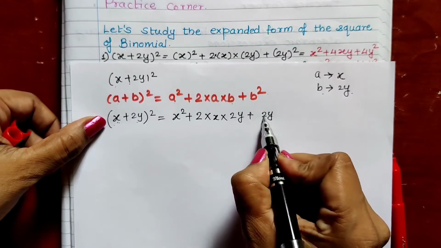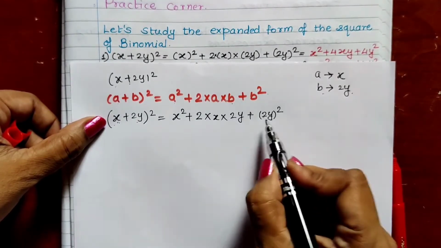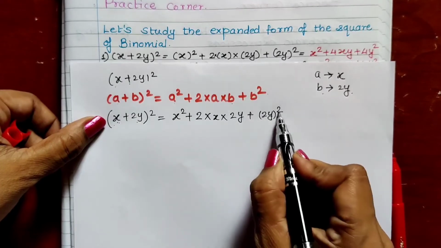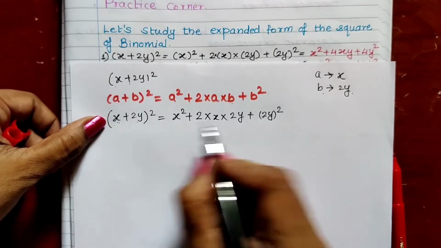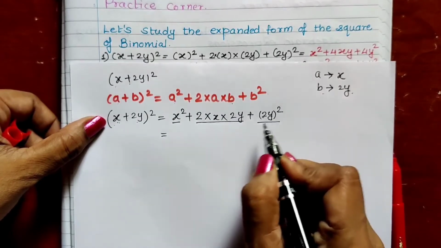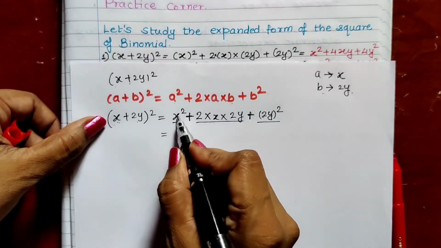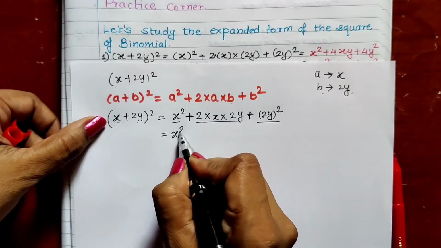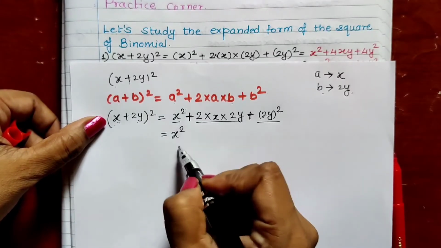Now with variable coefficient is there, so I will put in the bracket and then I will write the square. That means square is there for 2 also, square is there for y also. So it is 2y square. Now we can solve this. First term, second term and third term. Terms are separated by plus and minus sign. We all know that. So first term x square we cannot do anything, no calculation can be done, so we have to write as it is x square.